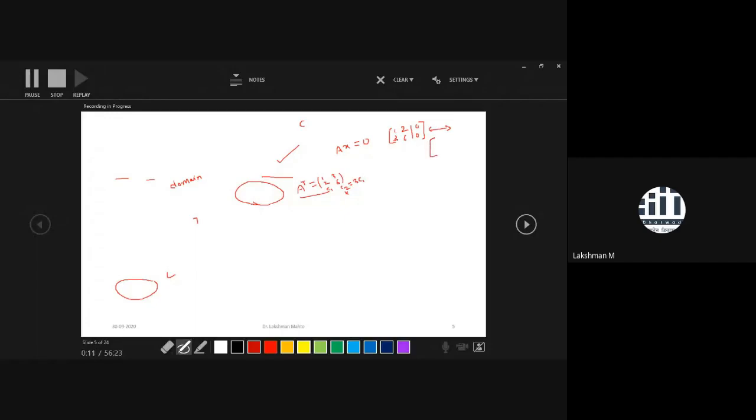So what you do is make this entry 0, all of the entries below the diagonal. Take twice of this row and subtract it from the second row. So what will you get? 1, 2, 0. Then this becomes 0, 0, 0. So how many pivot columns do you observe? You have only one pivot column. In the row reduced echelon form, this first column is the pivot column.